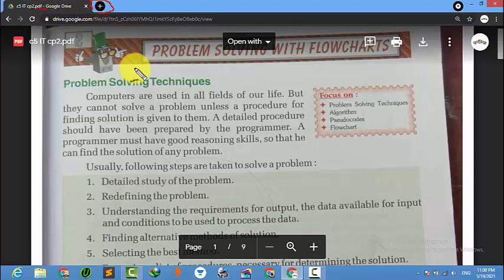So in order to make this achievable, the programmer needs to take step by step: first step, second step, third step, fourth step, fifth step, sixth step. This doesn't mean that after the first step there is a shortcut to the third step. He needs to take first, second, then third, then fourth. He can't jump from first to third or first to fourth. You have to go one by one.